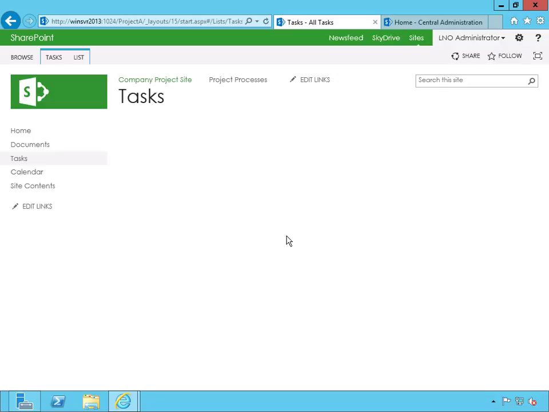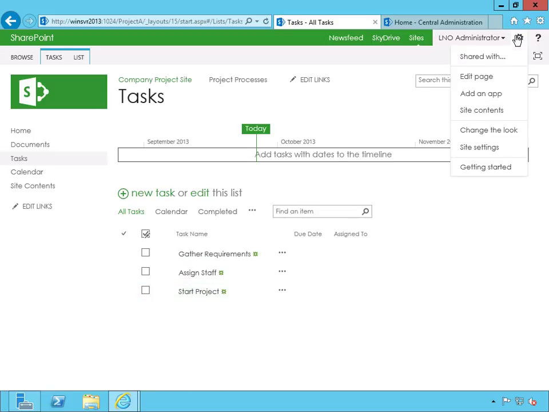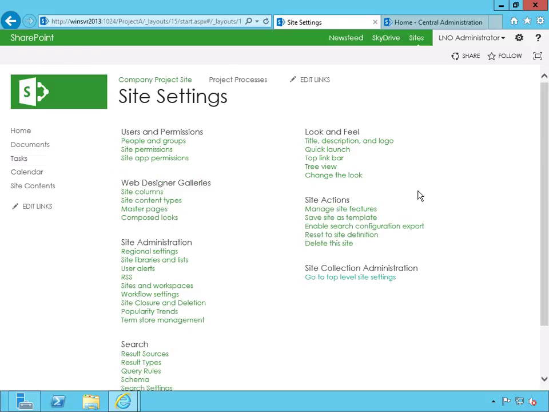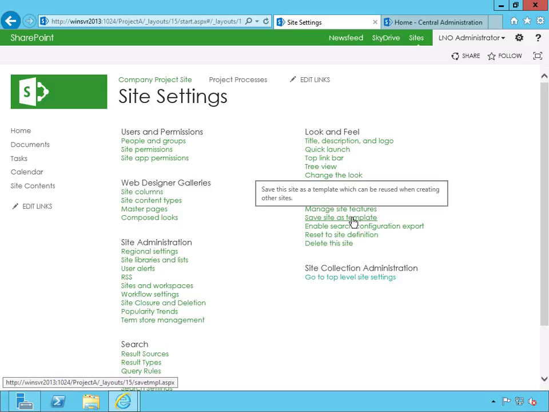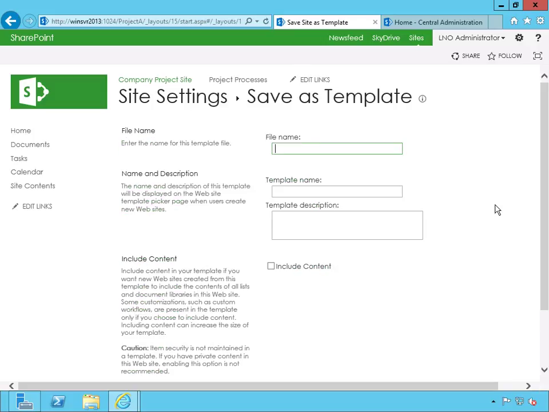So we've got some customization of the template and how it looks. We've also got some tasks that are going to be associated with this project as well. So now we've got our very minimal customization for our project site. Let's go and create a template out of it. So we will save the site as a template. And our name will be